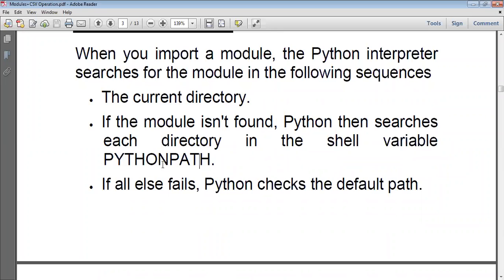In case the module is again not found, it will check the default path, which means where your Python software is installed. So the module can be located in the current directory, or inside PYTHONPATH, or in the default path where your Python software is installed. In these three ways we can locate the module.